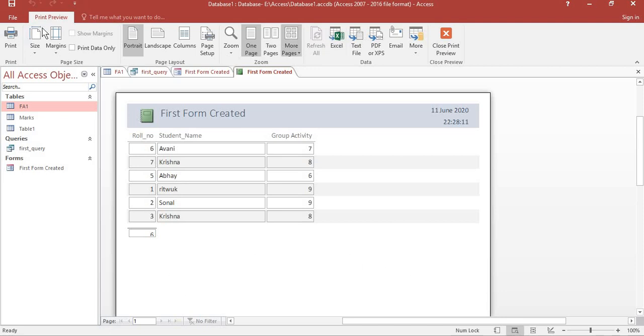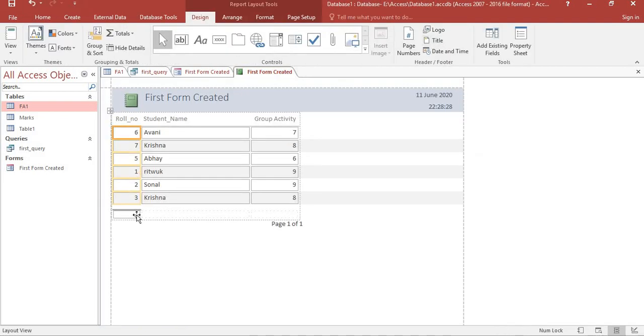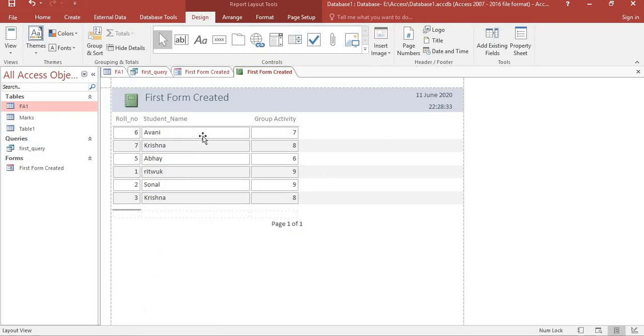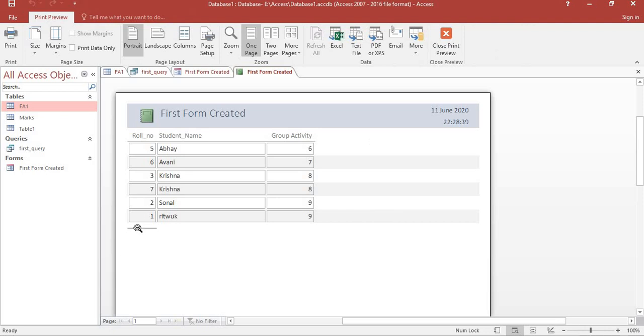See, I can delete something if I want to. I can click on this, then I can just remove it. I can right click on this and remove it using the delete option, the delete row or the delete column. So I'm clicking on the delete column option, and it went.